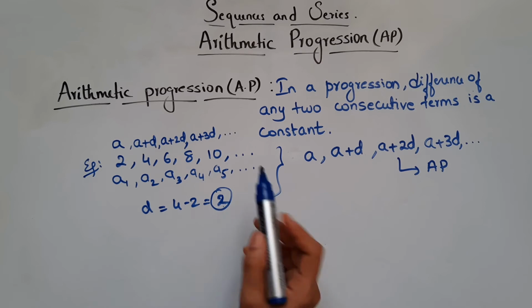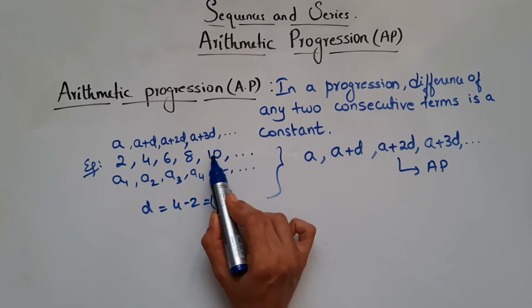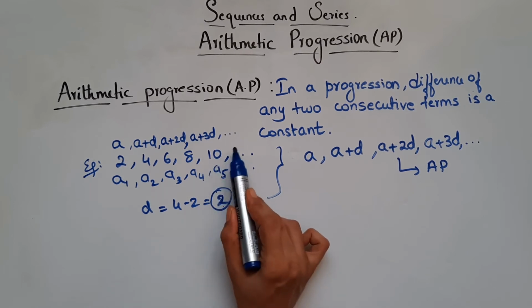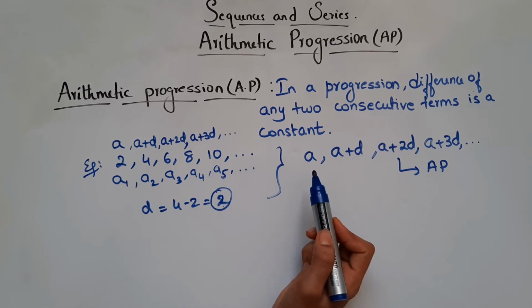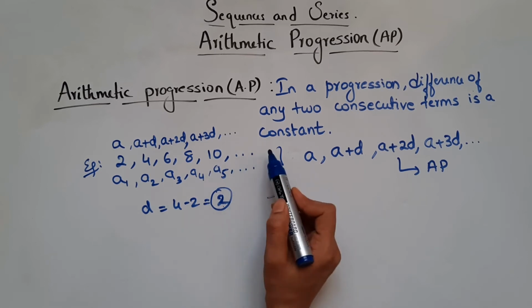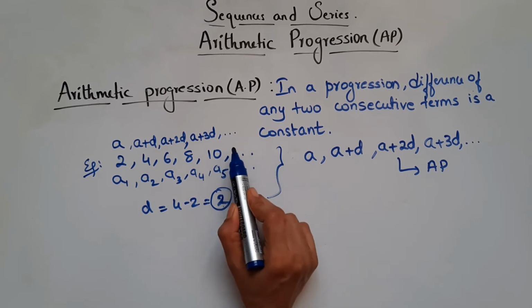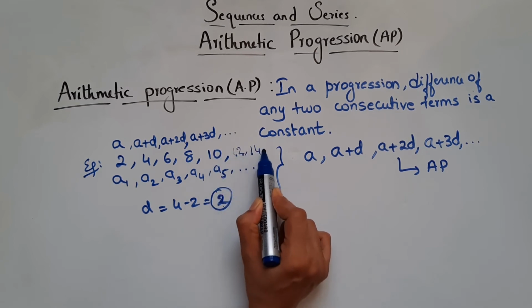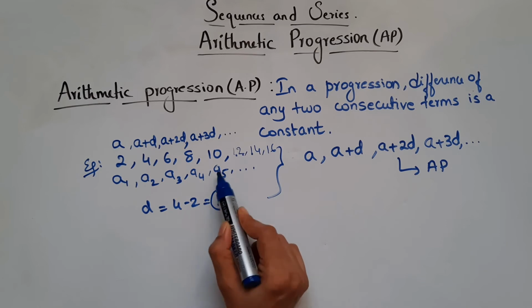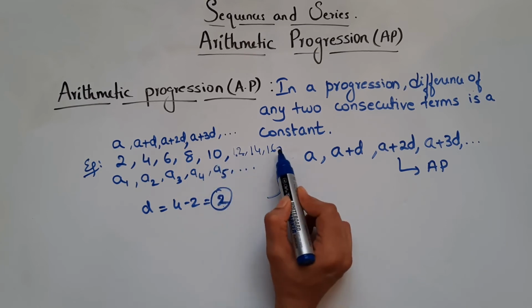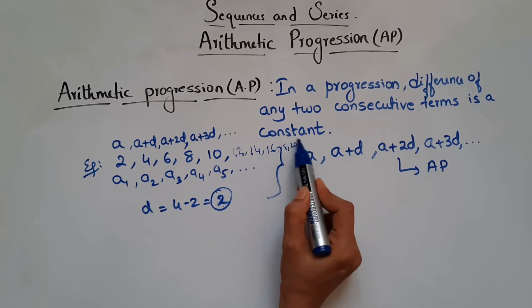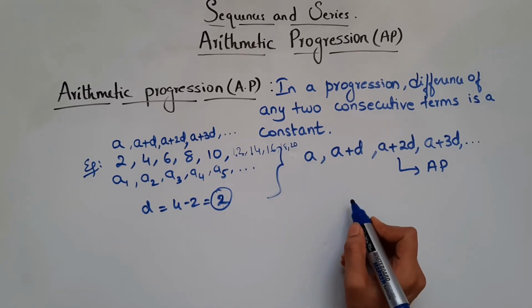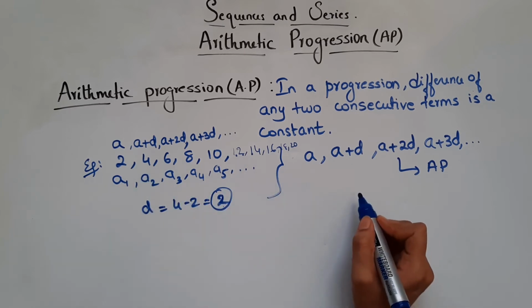You will simply add 2 to this, right? 10 plus 2 will give you 12. That will be your sixth term. Or if I ask the 10th term, you will keep adding 2: here you have 12, 14, 16, right? So a5, a6, a7, a8, 18 and 20, a9 and a10. The 10th term is 20.